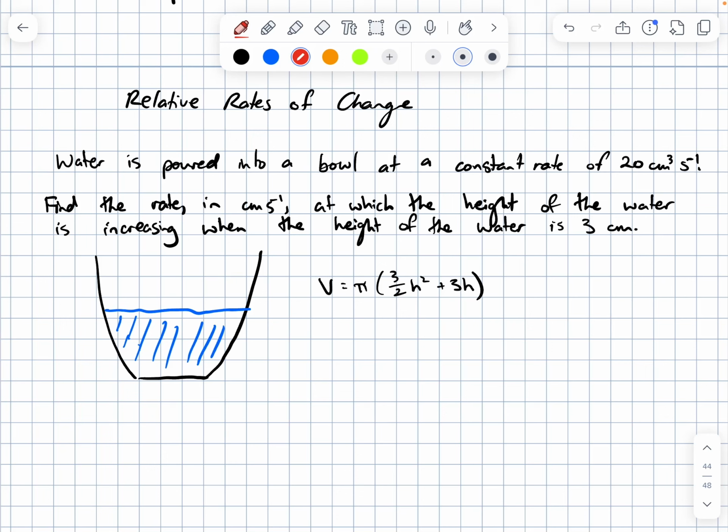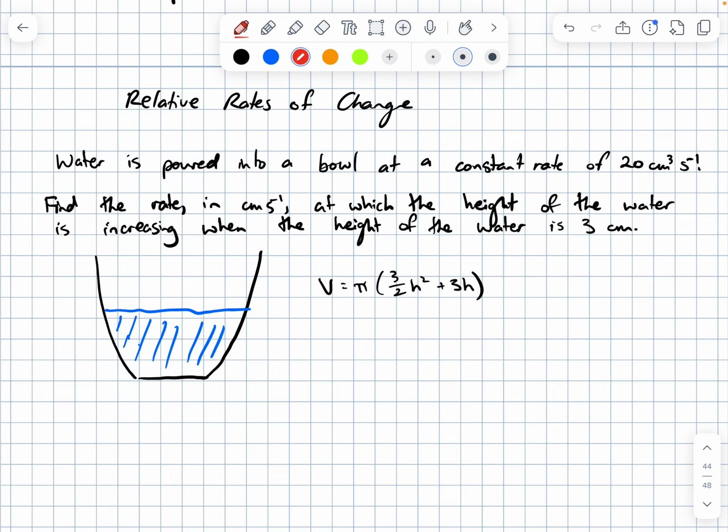The final part of this differentiation topic is relative rates of change. Now what that means is we're trying to work out a rate of change, which is always in terms of time, how one variable is decreasing in terms of another. The way that we approach these questions is always the same, and I'm hoping that you'll figure that out over